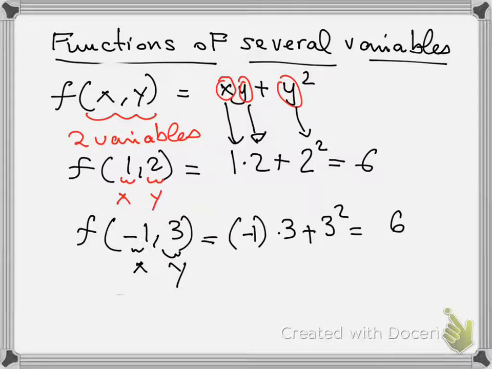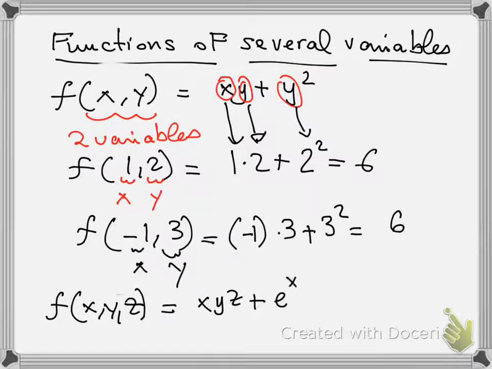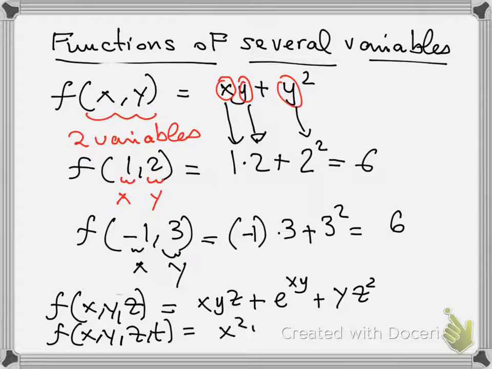Now, this is a function of two variables. Of course, you can have more than two variables. You can have three. Let's say f of x, y, z equal to, I don't know, xyz plus exponential of xy plus yz squared. Okay, so you can have three variables, or more than three variables. You can have four, f of x, y, z, t, for example. Let's say that's x squared y squared plus z squared t squared, okay, etc. So you can have, of course, more than